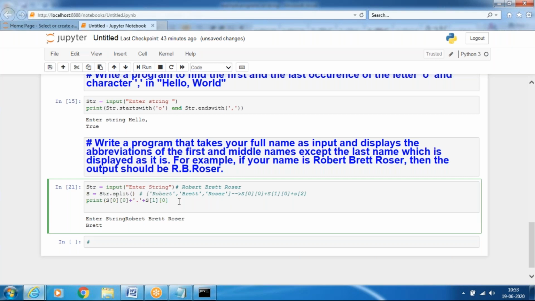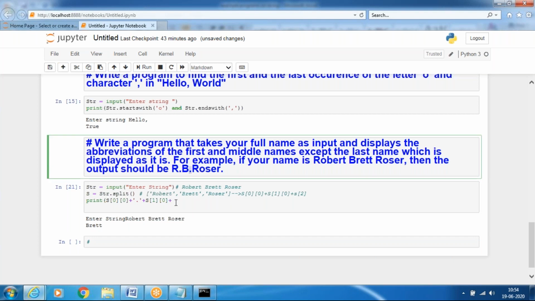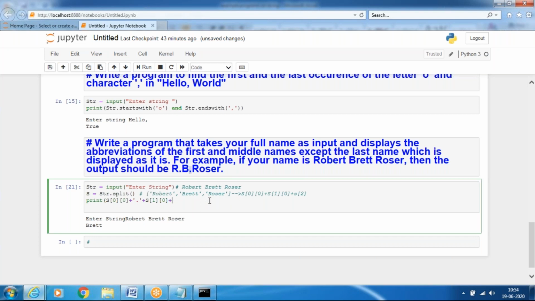Then again I want the dot. That's why I use the dot symbol, to concatenate the dot.